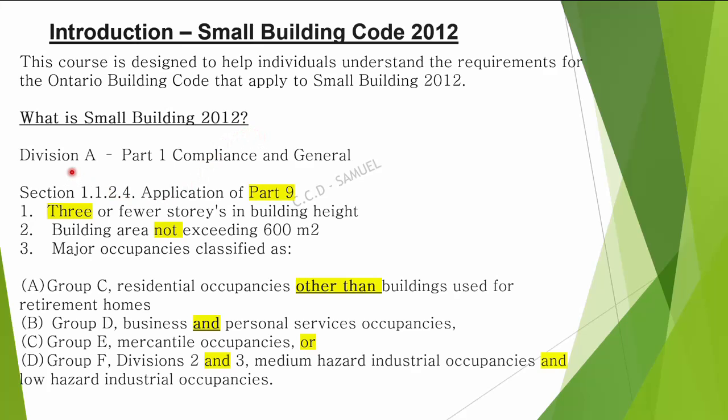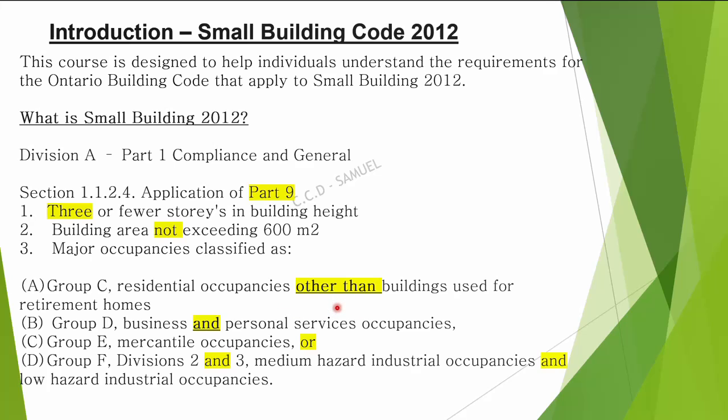So take your time and turn to Division A, Part 1, Compliance and General. Under this section, we have 1.1.2.4, Application of Part 9. So, Small Building 2012 falls under Part 9, and this is what it covers. 3 or fewer stories in building height. Building area not exceeding 600 square meters, with major occupancy classified as Group C, residential occupancy, other than